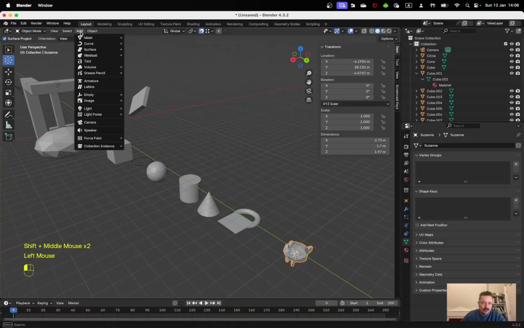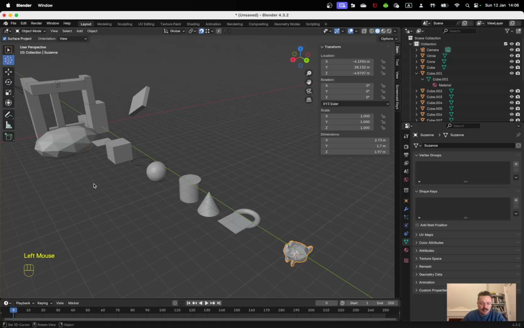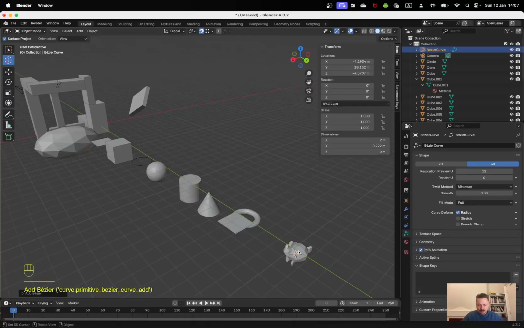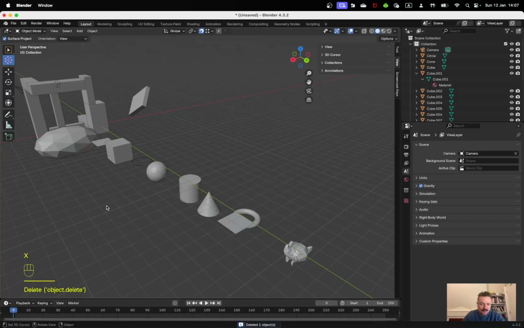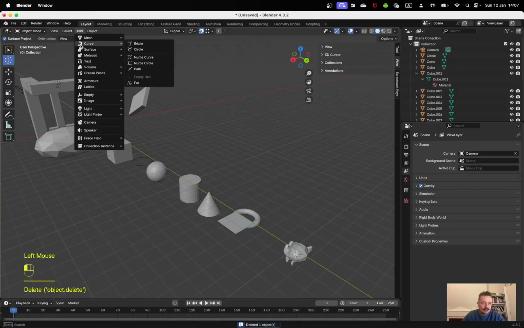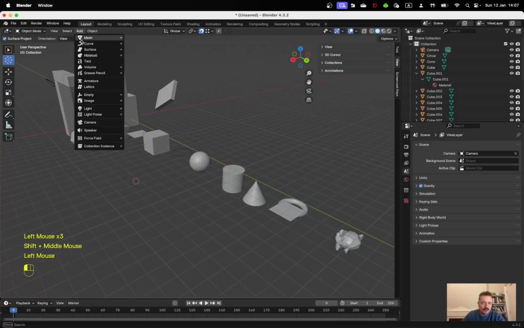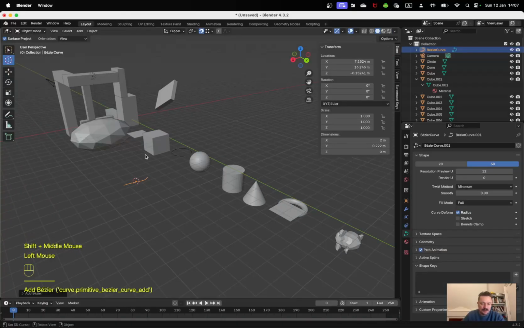The add menu here can also be activated by pressing Shift A, and I can get various other ideas and objects. So I can do curves, and there are many curves here. So Bezier curves, actually, let me delete this by pressing X. So add curve, oh, no, sorry, get the cursor there, add Bezier curve,